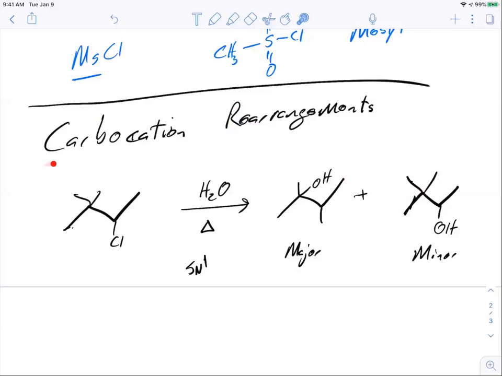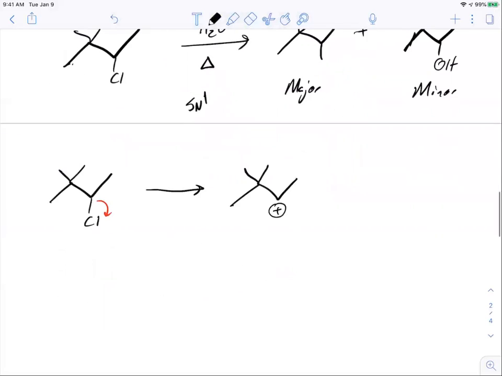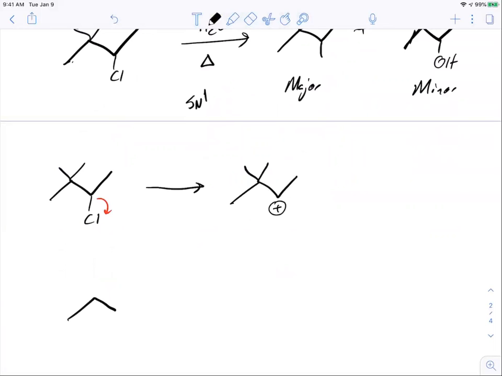So what's happening here is the fact that I'm going through an SN1, I'm going through a carbocation. Remember, carbocations are high energy species, and high energy species want to be stabilized. So first step is that the leaving group's leaving. We add heat or whatever we need to activate that to proceed. We end up with this carbocation. Now, if we think about carbocation stability, we know that a secondary carbocation